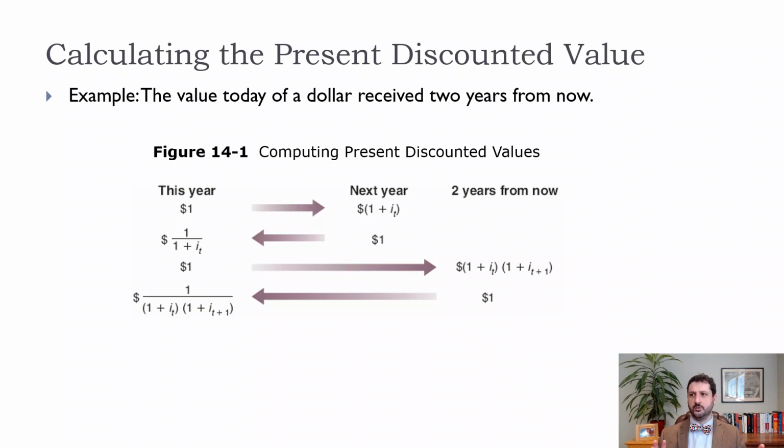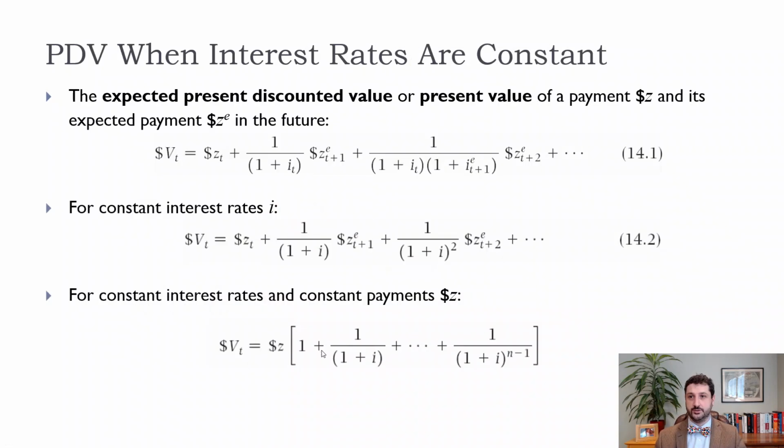But as soon as you're comparing anything that's real, then you would just replace the i_t with r_t, r_t plus 1. And then obviously we don't know what inflation is going to be, so we would have to take the expected real interest rate based on the expected rate of inflation. Okay, so this looks really complicated. It's not that complicated, and we're not going to worry too much about the math on this page. We're just using it to get to the math on the next page, which is very simple.